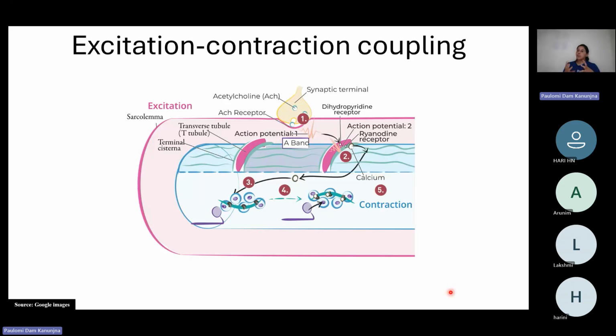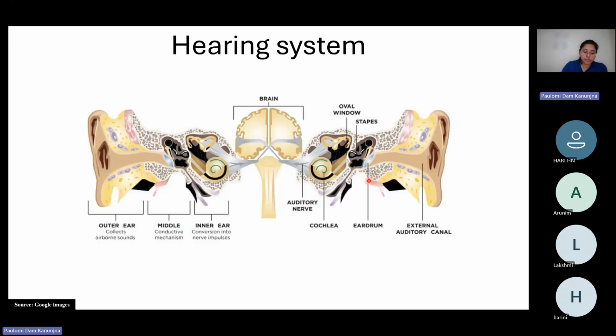And this entire process is called excitation-contraction coupling. Excitation, because your muscle is getting excited because of the action potential generation, and contraction is the ultimate effect of this entire activity. So you need to remember three receptors in their order: acetylcholine receptor, dihydropyridine receptor, and ryanodine receptor. Okay. All right. Now, like I said, I will not talk about it deeply because